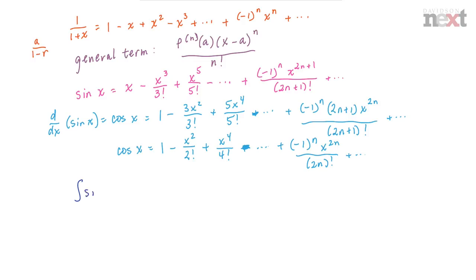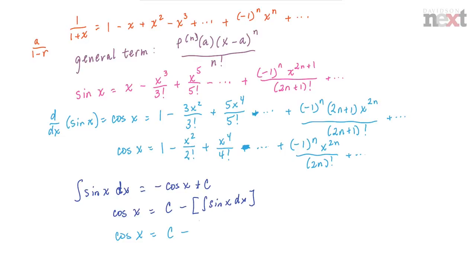Another way to manipulate things using calculus would be to integrate. So let's go back to sine and integrate sine. We know what to expect. The integral of sine with respect to x is the opposite of cosine plus a constant. So now if we do some moving of the terms before we actually do our integration, we'll see what we end up with will be cosine equals some constant minus the integral of sine. Going back to our series for sine and integrating term by term would generate cosine x equaling some constant minus